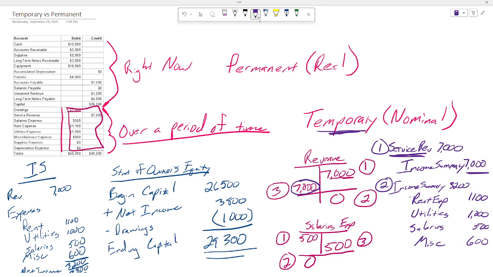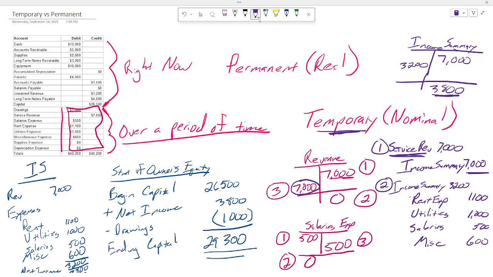All right, so if we took a look at what is in income summary right now, notice whenever I make a journal entry, doesn't matter if it's a normal journal entry, adjusting journal entry, closing journal entry, I always have to post it to the ledger. And income summary has its own ledger. So the first time I credited income summary $7,000, and then I debited it $3,200. So what is in the income summary account? Well, it's a $3,800 credit.